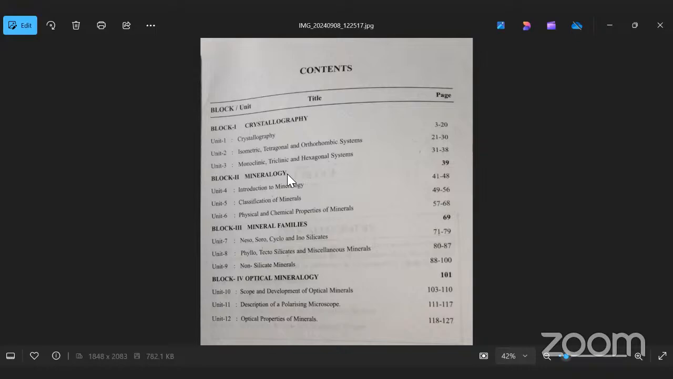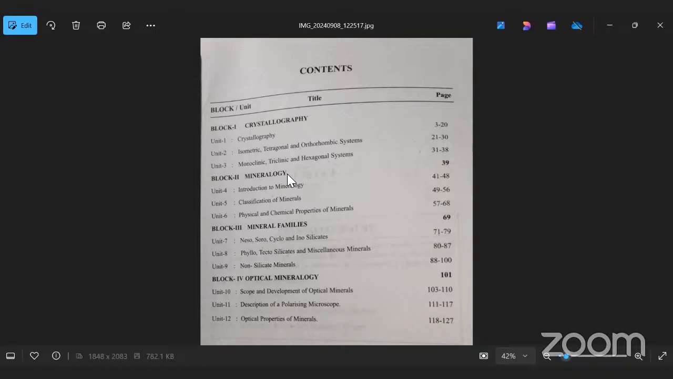So here the description: Unit 10 is the scope, availability and development of optical minerals. We will study that. And Unit 11, we see